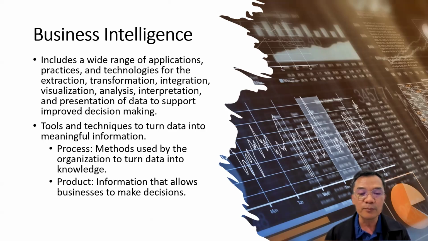On the other hand, the most obvious part would be information that allows businesses to make decisions. These are output of the process which can produce a product, and this can normally be called the business intelligence output. So it can also be classified as a tool or the organization in visualization, for example. So in general, if we will capture it, it's a very generic term. Business intelligence is a generic term that pertains to a process, product, or technologies.